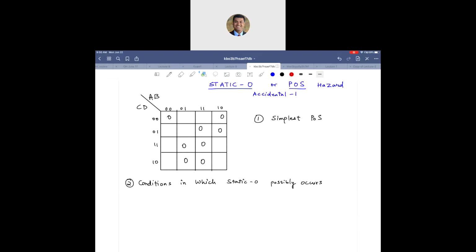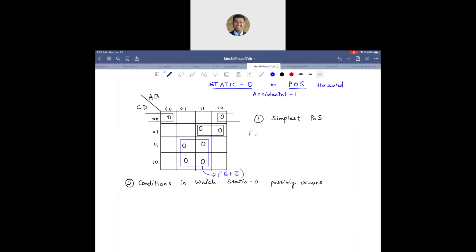This is the K-map that we are looking at. So let's start with the simplest product of sum. I can clearly see that group there. So that's easy. Next I have that's easy. And then next I have this. That would be the simplest, right? So you can say F equals, in blue, let's see, what is this guy going to be? B is a 1, C is a 1,